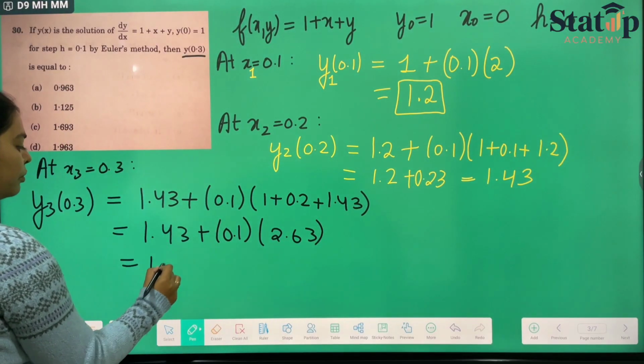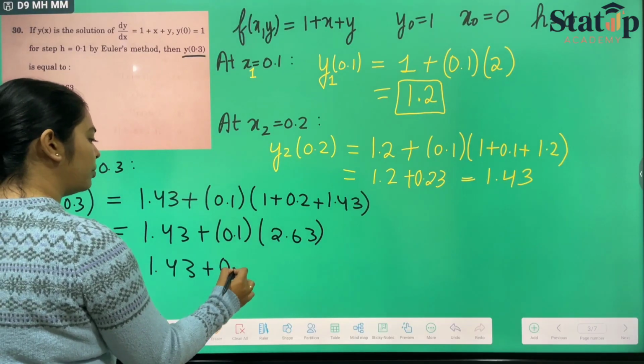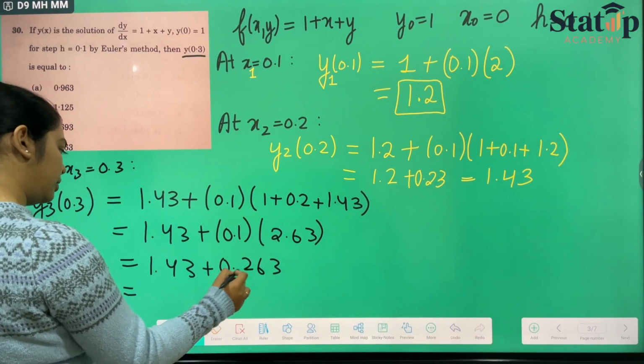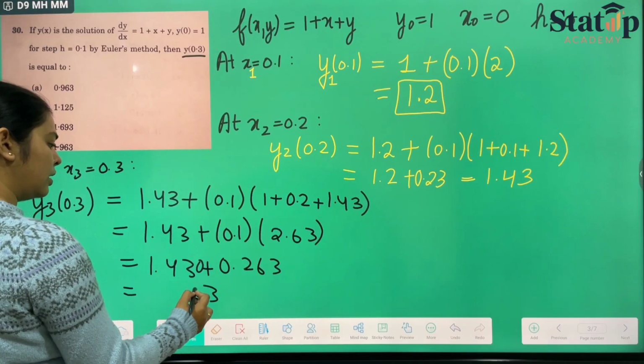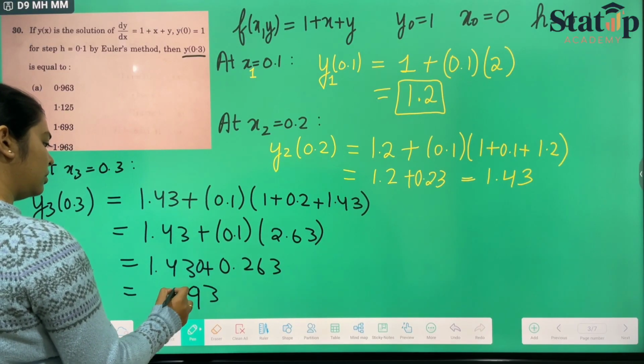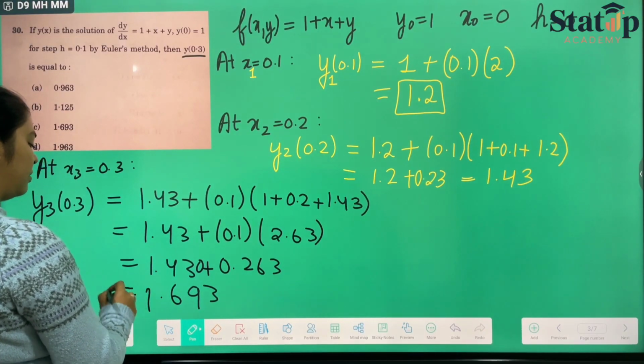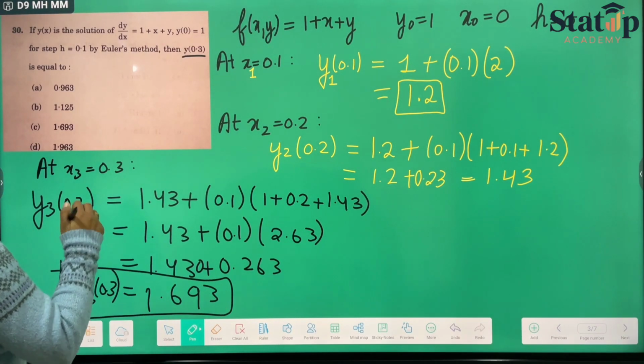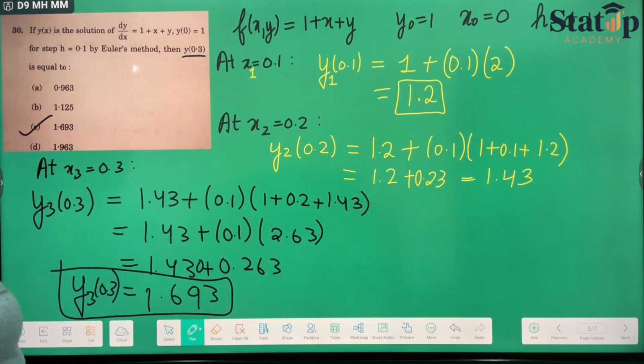That will be 1.43 plus 0.263, which is nothing but equal to 1.693. y3 is equal to 1.693, as we have calculated here, which is our option number C,